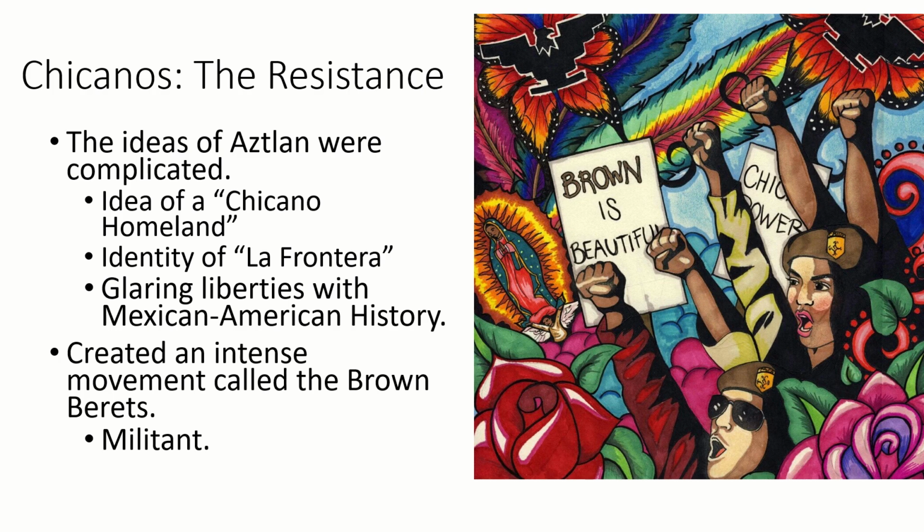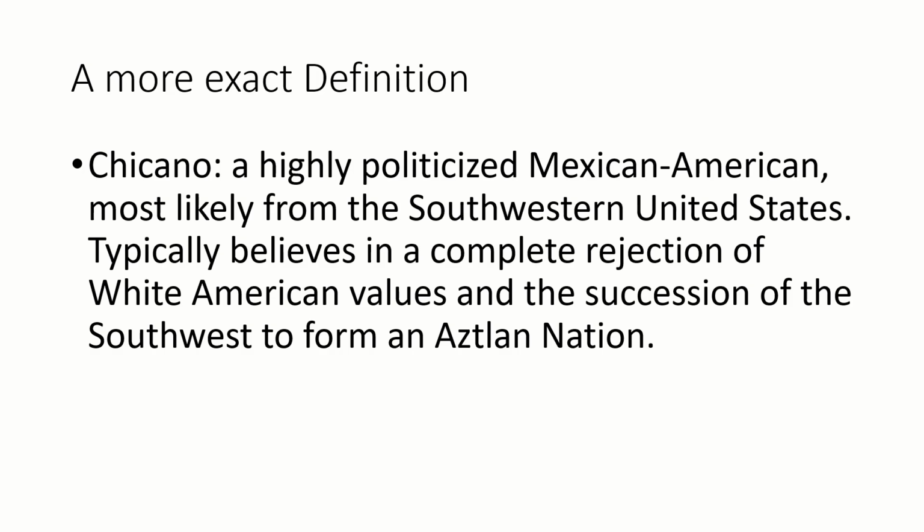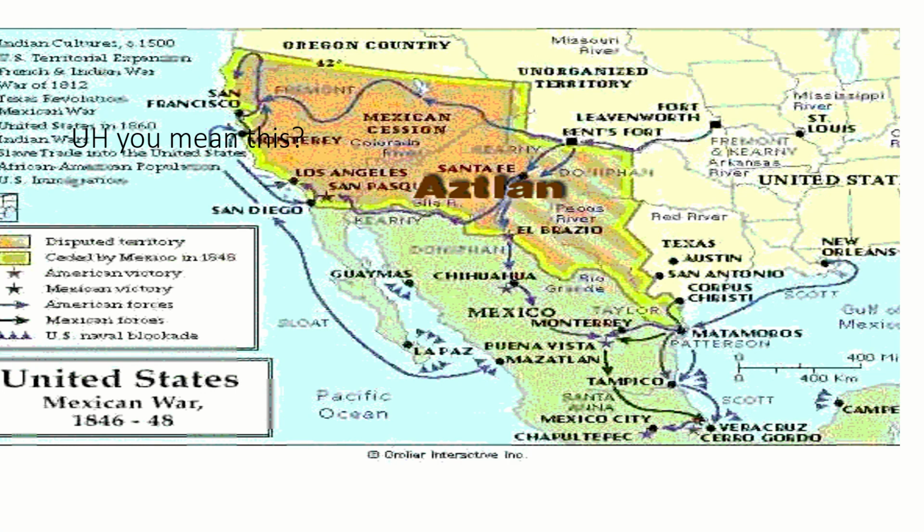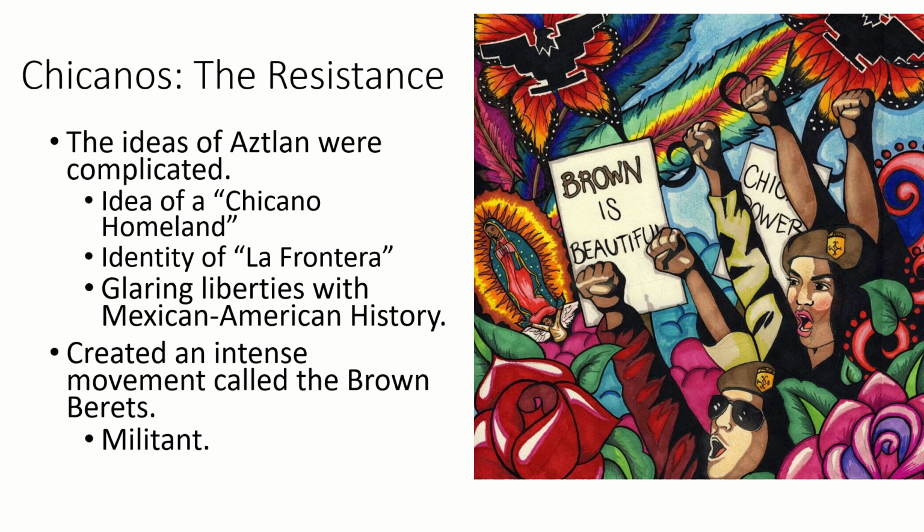And this movement is going to continue to push for more access to education, to professions, and to fight against stereotyping in the United States. However, there is also this idea of resistance, that if we cannot be a part of the United States, we should fight against the United States. And so there's a creation of something called Aztlán, which is a mythical homeland in the American Southwest that never really existed. However, the idea of Aztlán is the idea of having a homeland, of living between the borders of the United States and Mexico, but actually having a homeland and identity of their own.